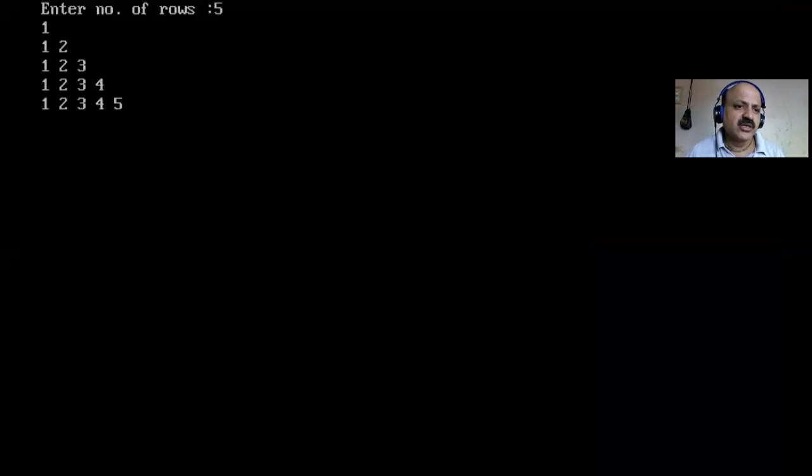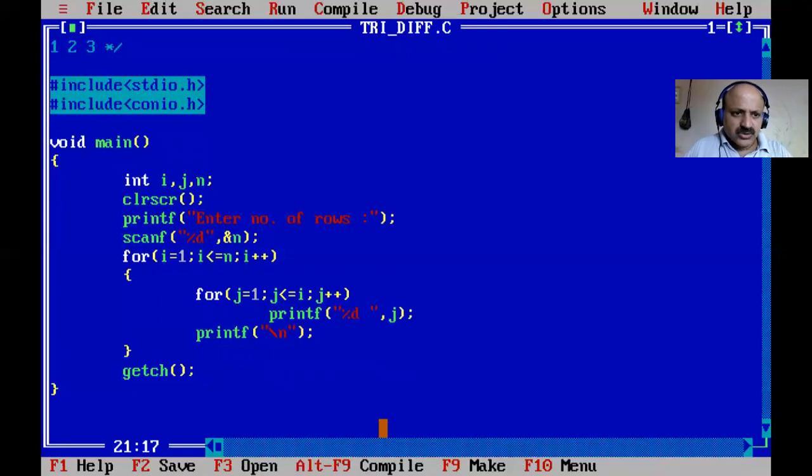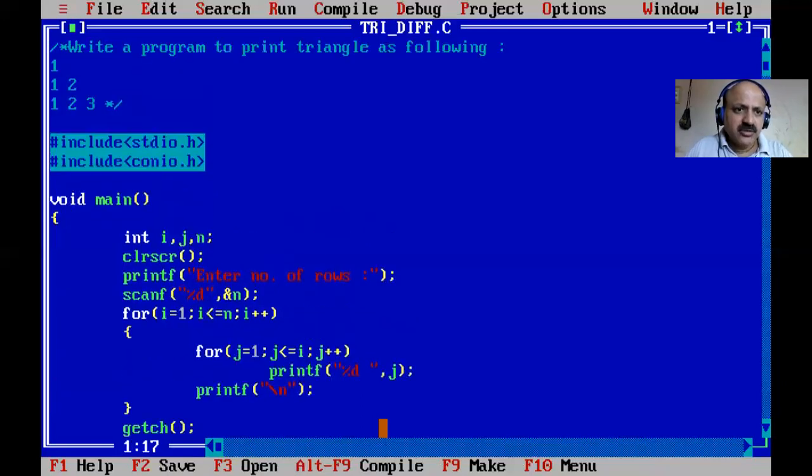So our output is 1, 1 2, 1 2 3. We can print our first triangle shape in a perfect way. That is a triangle shape, like our three-part triangle. You have to know what a triangle shape is. Okay, so now I can change our definition, not only this shape. Write a program to print different